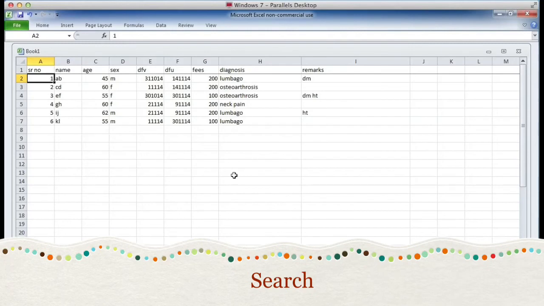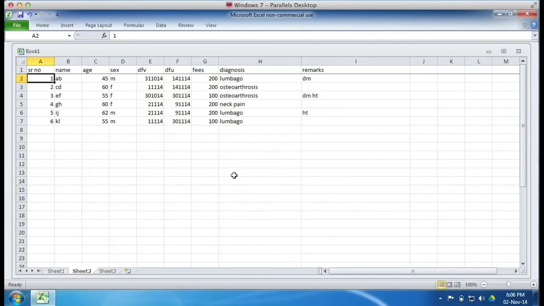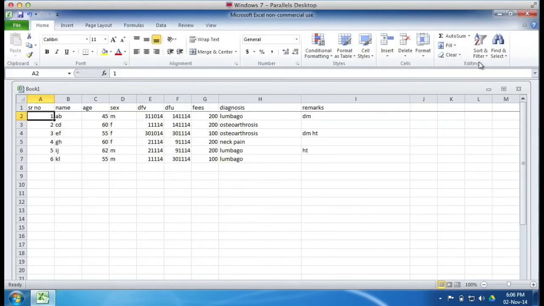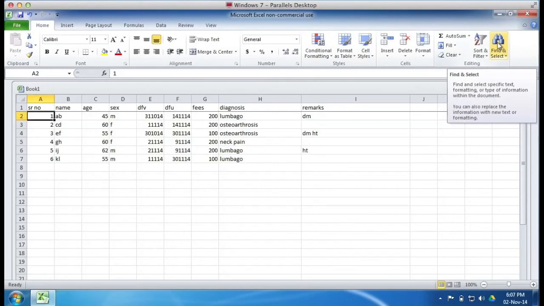Now let us go on to the search function, which is, I think, an important part of this tutorial. Two ways you can search. One is for individual entry, like name of a person. So for that, either we press Ctrl F and get the window, or here we have the drop down menu, here we have the ribbon, and from here we go to find and select, click it,